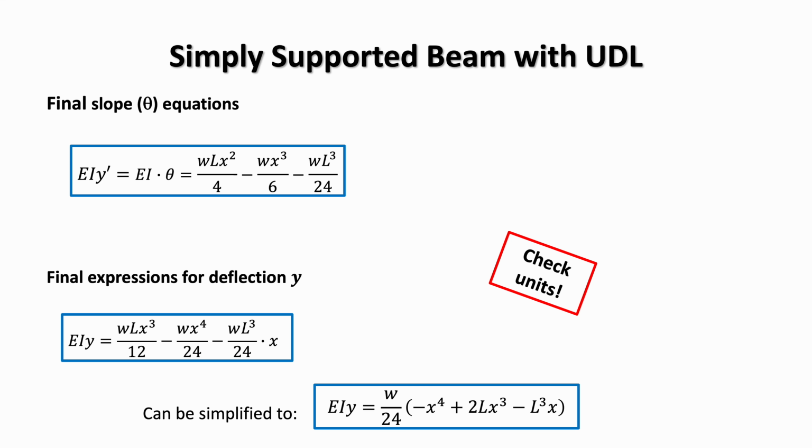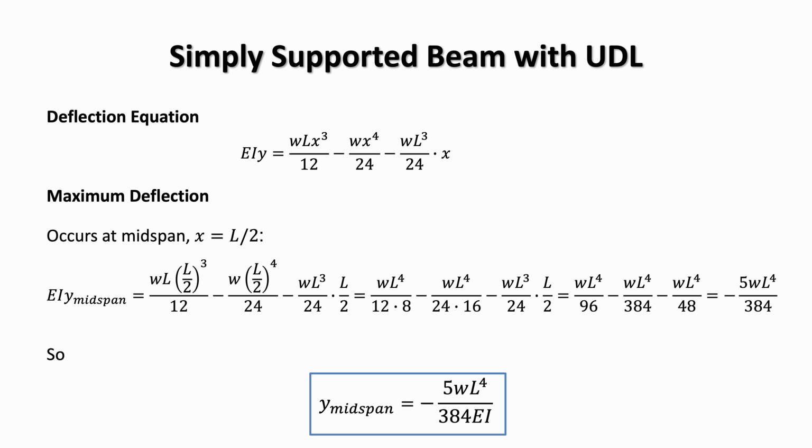Now we've managed to fully describe the slope and the elastic curve of the simply supported beam under a uniformly distributed load. We have been asked to determine the maximum deflection of the beam. From the symmetry of a simply supported beam under UDL, or uniformly distributed load, we know that the maximum deflection occurs at mid-span, where x equals L over 2. We substitute this value into the final deflection expression obtained previously, and carrying out the substitution and simplifying the terms leads to the expression shown here. The final result for the